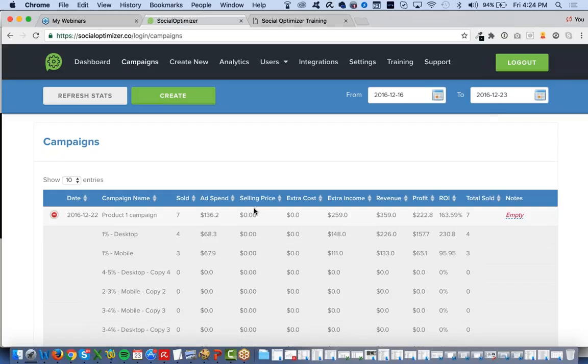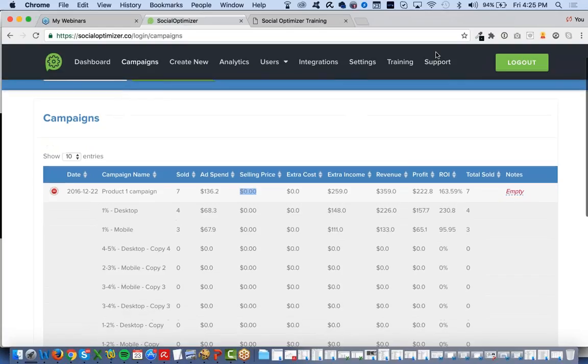Yeah, so the selling price of this particular product one, this was a digital product, so we just put the selling price as zero. So there is always going to be a profit generated, obviously. If we were dealing with a physical good, an e-commerce good, something like that, then we would have added in the selling price. It also takes into account the amount of ad spend you have, because that's a cost as well. So keep in mind that, while the selling price might be zero, the ad spend could be quite expensive. It's important to get the ad spend right.